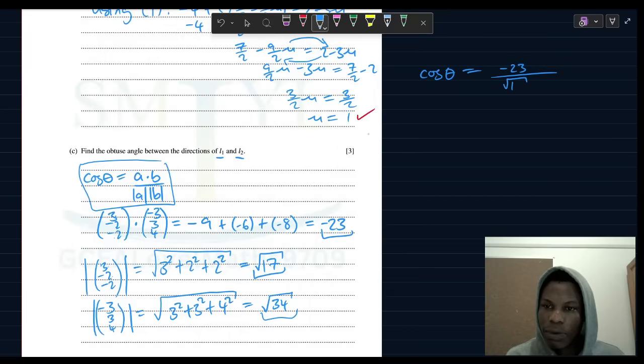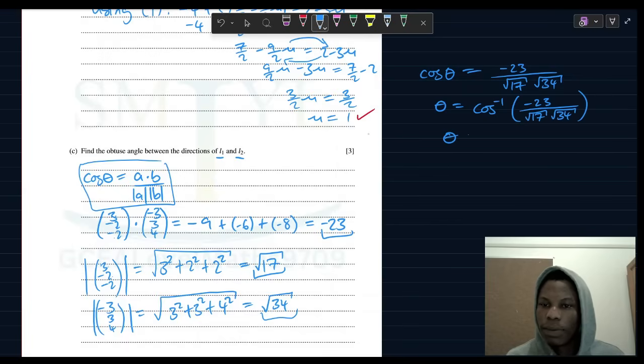And so theta has to be arc cos of negative 23 divided by root 17 times root 34. And if we punch this into the calculator, this gives us